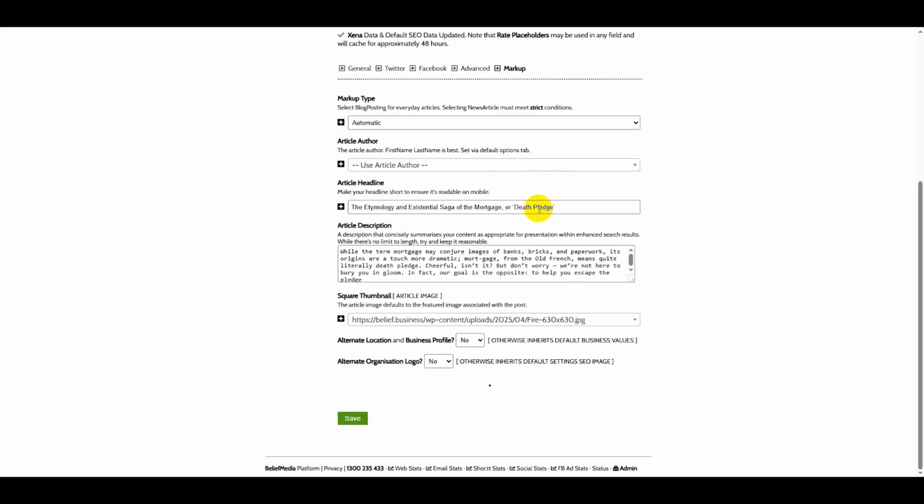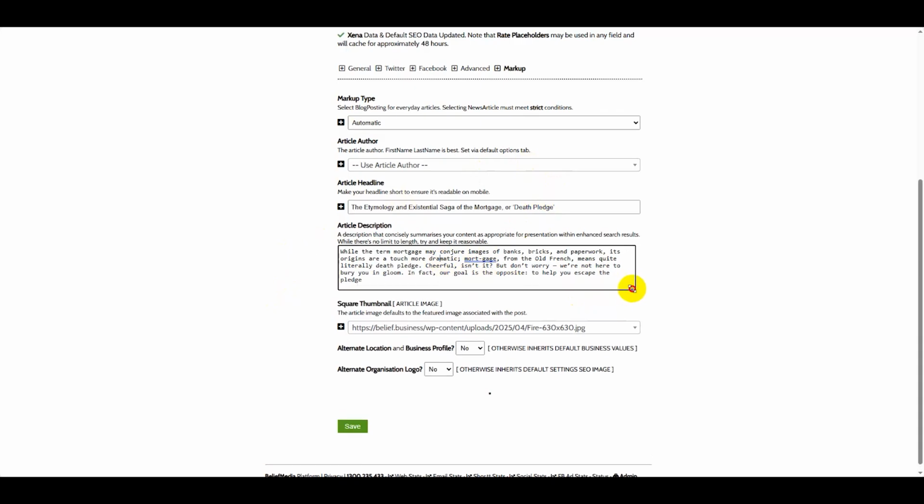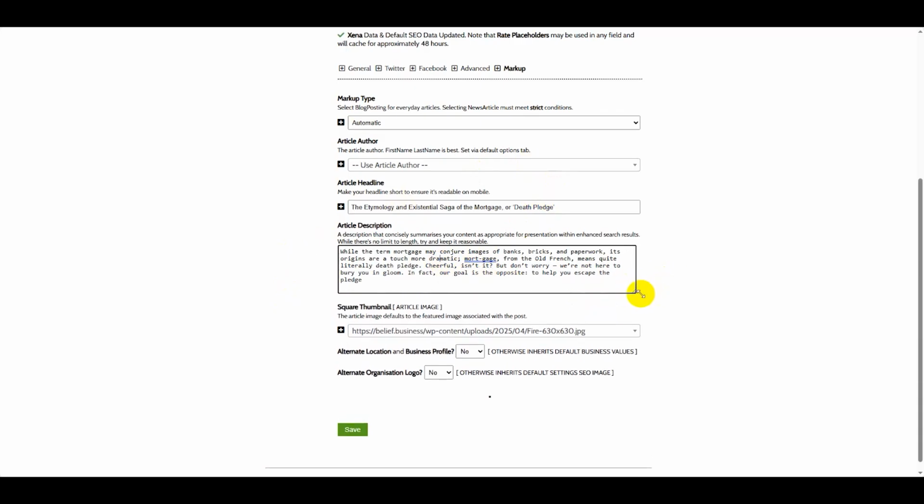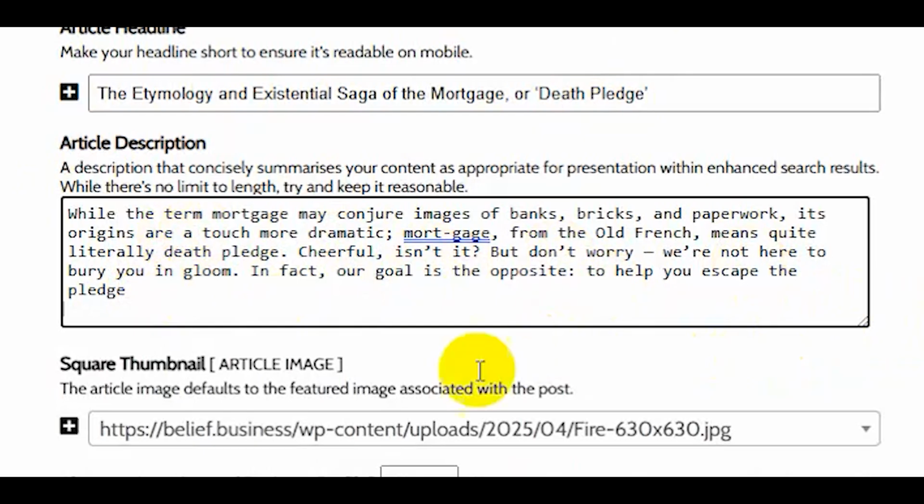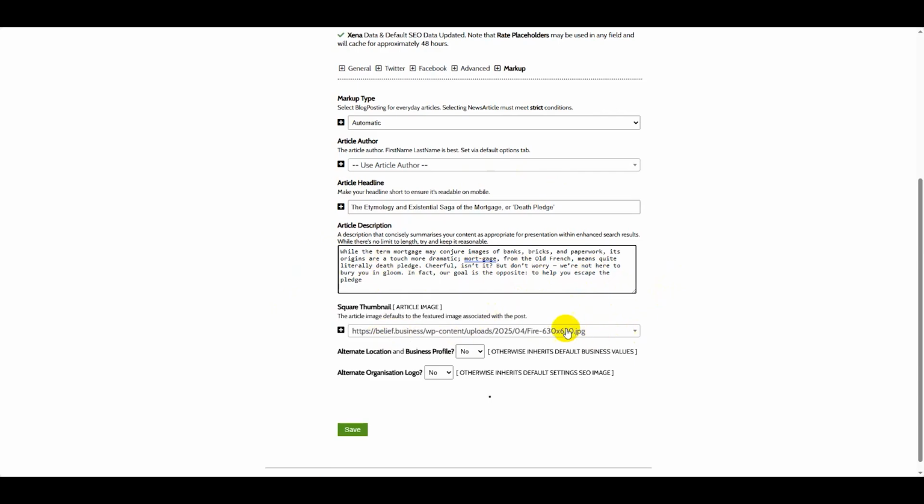So the article headline and the article description, there's no real description length when it comes to general markup, but keep it short. So keep it within the post container. A square thumbnail, which is automatically resolved. And again, we